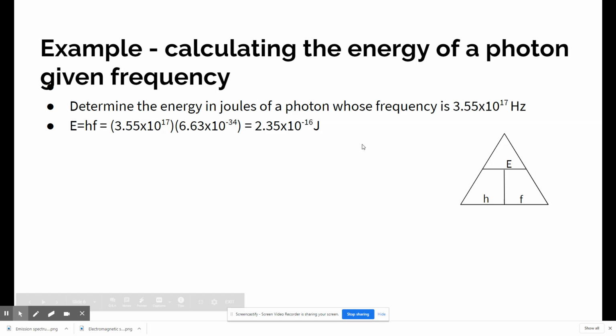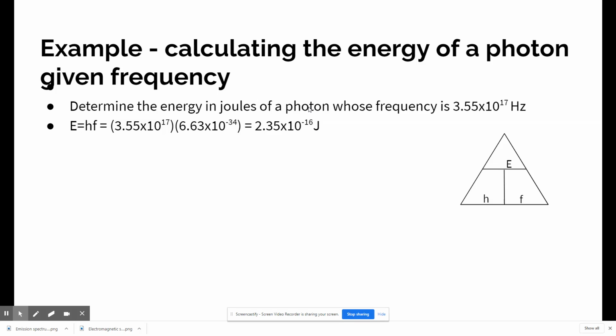And so we can again quantify this. If we want to calculate the energy of a photon using frequency, then we just multiply the given frequency by Planck's constant. And again, we would use the given amount for the frequency for our sig figs. So in this case, if my frequency is 3.55 times 10 to the 17th hertz, then this is 3 sig figs. And I would multiply that by Planck's constant, and I would get 2.35 times 10 to the negative 16